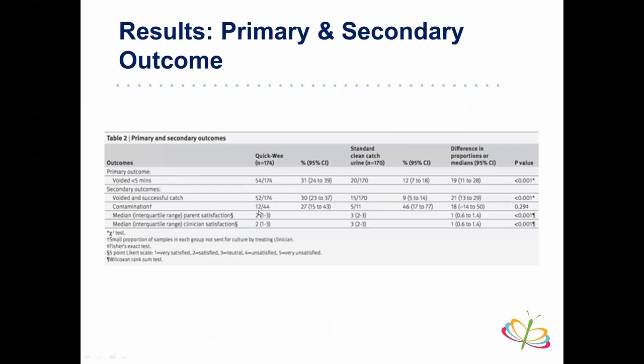Contamination rate, so 12 out of 44 infants, which is 27%, with a 15 to 43 confidence interval, and that's a high contamination rate. Versus standard clean catch, 5 out of 11, which is 46%, a high contamination rate as well. So looking here, the p-value is not